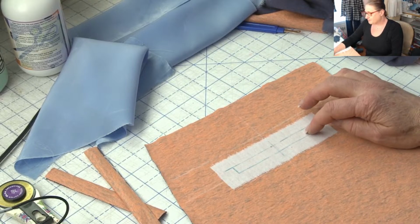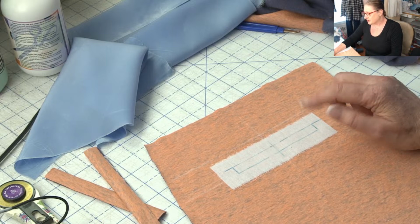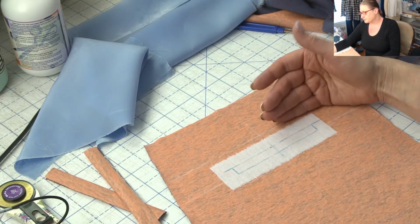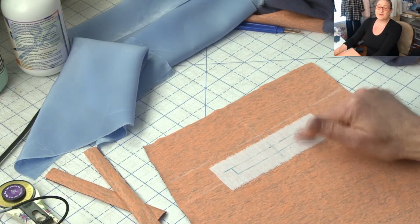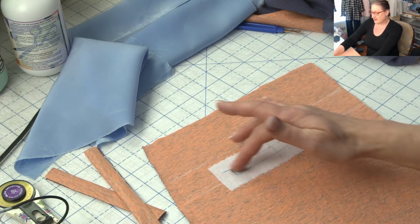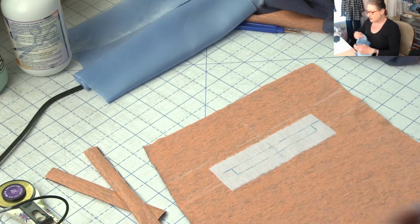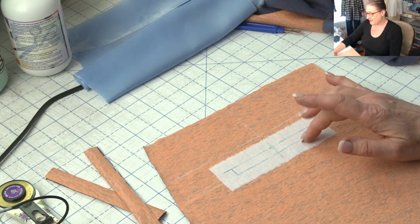All right, I want to be able to catch the top of my pocket bag into here, but what's distracting me is this line I drew here really needs to be on the actual pocket bag. So what I'm going to do is I'm going to leave this one here, and I'm going to put new interfacing on the